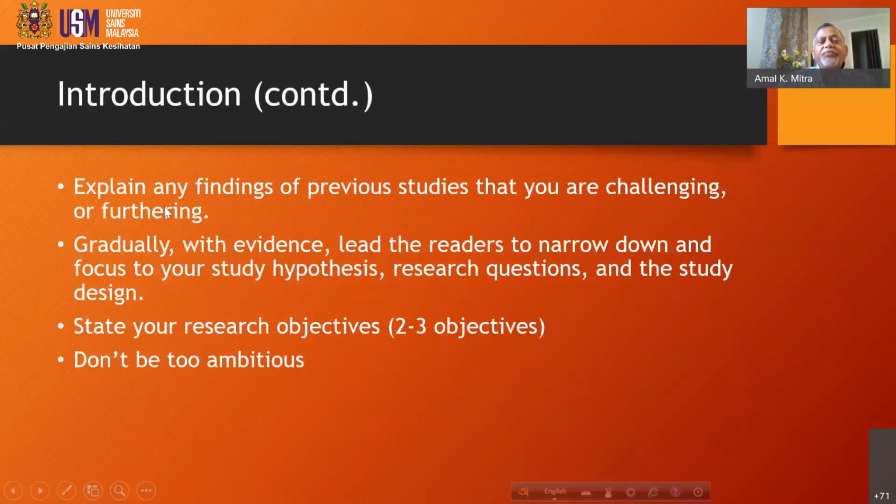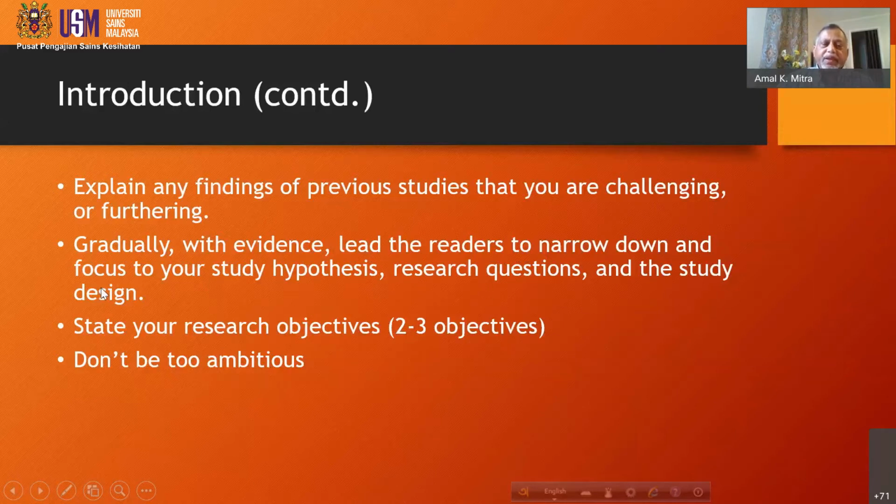You explain any findings of previous studies that you are challenging or furthering. Gradually, with evidence, lead the readers to narrow down and focus on your study hypothesis, research question, and the study